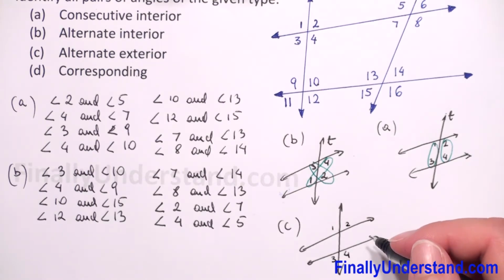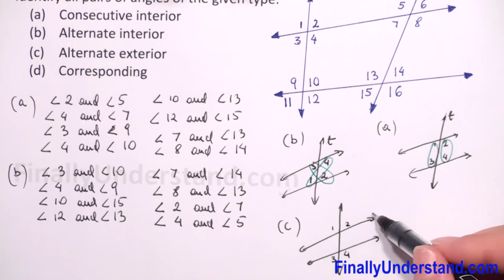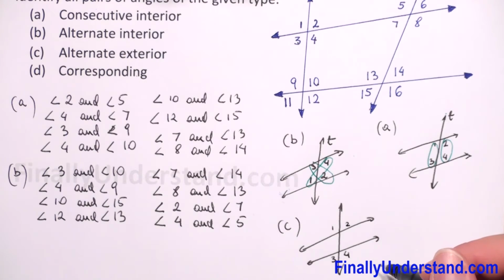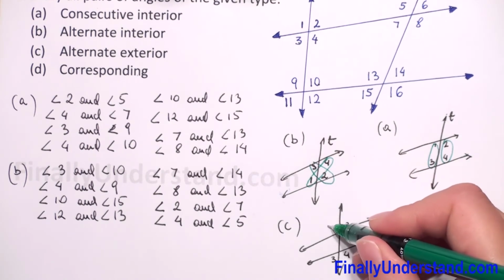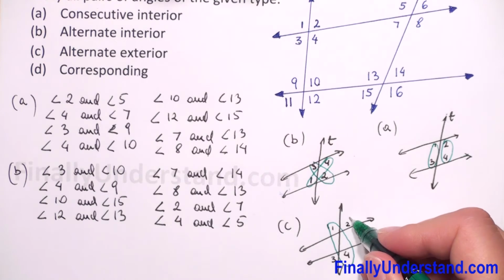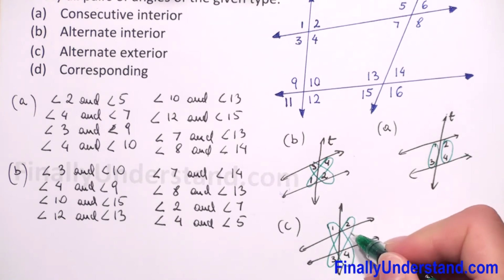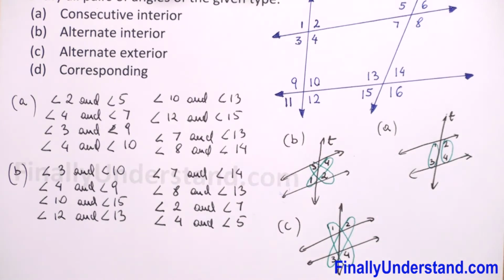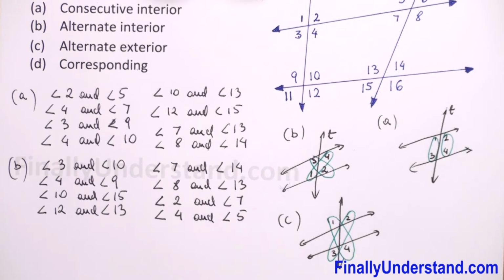So the alternate exterior angles lie outside of two lines and on opposite sides of the transversal. So it will be opposite sides and outside. So 1 and 4 are alternate exterior angles, and 2 and 3. So we have now